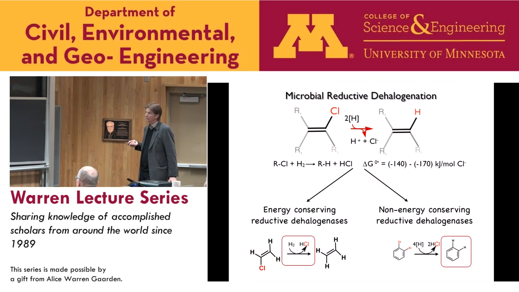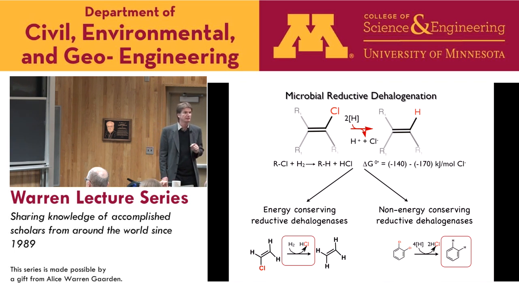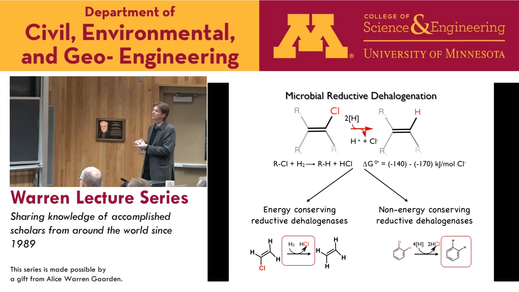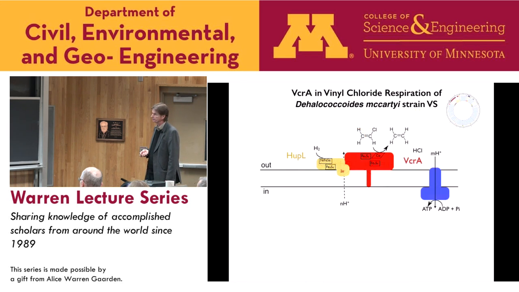In the class 1 organisms, you may have non-energy conserving reductive dehalogenases, where organisms catalyze the same reaction, but where the strategy of the organism is not to use that energy that is released, but to use the now dechlorinated carbon compound as a substrate for metabolism. So it's essentially a way to access new nutrients which are tagged previously by being chlorinated. These two types of dehalogenases have some distinct differences.